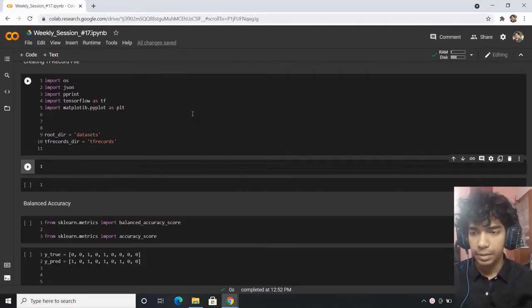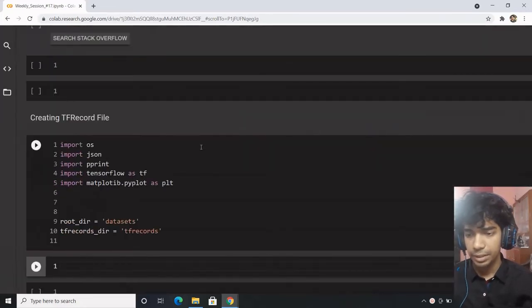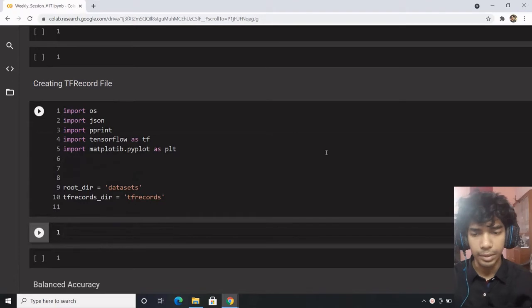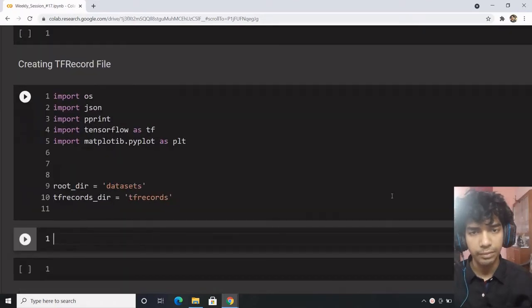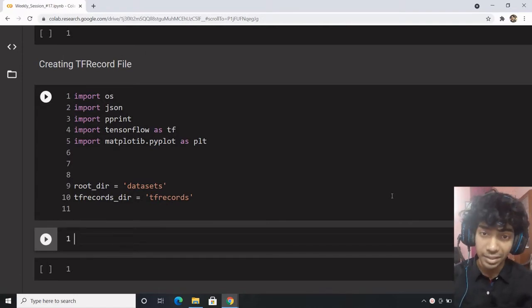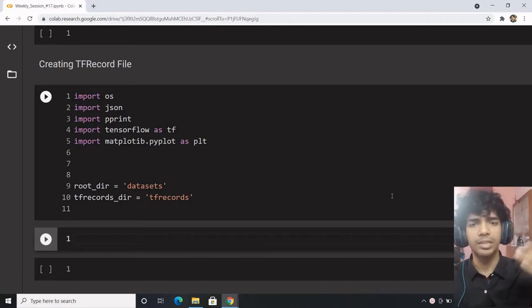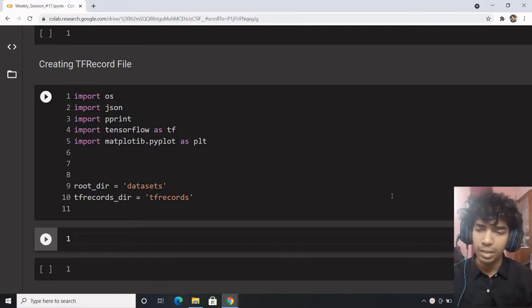So let's get started with the next part of the video, wherein we'll be talking about creating TF records. We'll be talking about how you can create TF records and deal with them, why TF records are so popular in the world of TensorFlow, what's the benefit of serialization, what a TF record is, how you can make it, how to utilize it, and how to ensure that it's not a bottleneck and you're actually benefiting from TF records. Those are the factors I would like to share. So let's get started.